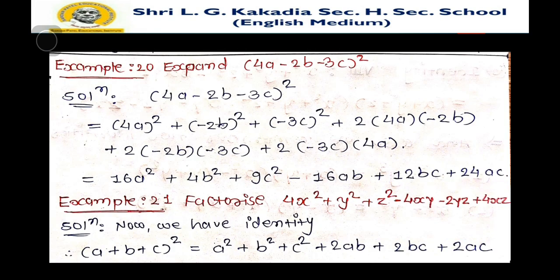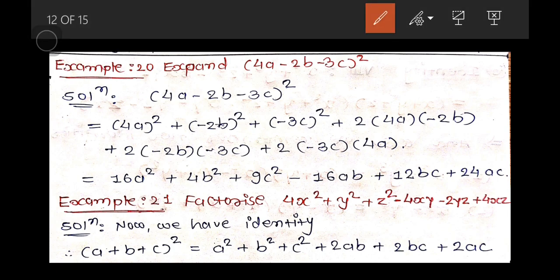Now one more example, example number 20. Expand (4a minus 2b minus 3c)². In example number 19, there were positive signs before all the terms, but here the second term and third term have a minus sign. So we have to decide which term is minus so that we can expand it, but here the second term and third term are negative, and with the help of identity number 5 we can expand it. This one is x, this one is y, and this one is z. We also take the sign of